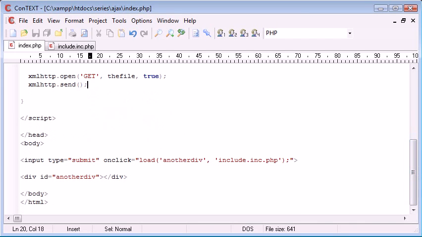This is pure Ajax, so we're not using anything like jQuery here. jQuery is easier, however I do recommend you do learn this and learn how to do this, because it's going to be really useful later on when you want to write in pure JavaScript and use Ajax as it should be, as it's intended to be. So that's it for including a file using Ajax without refreshing the